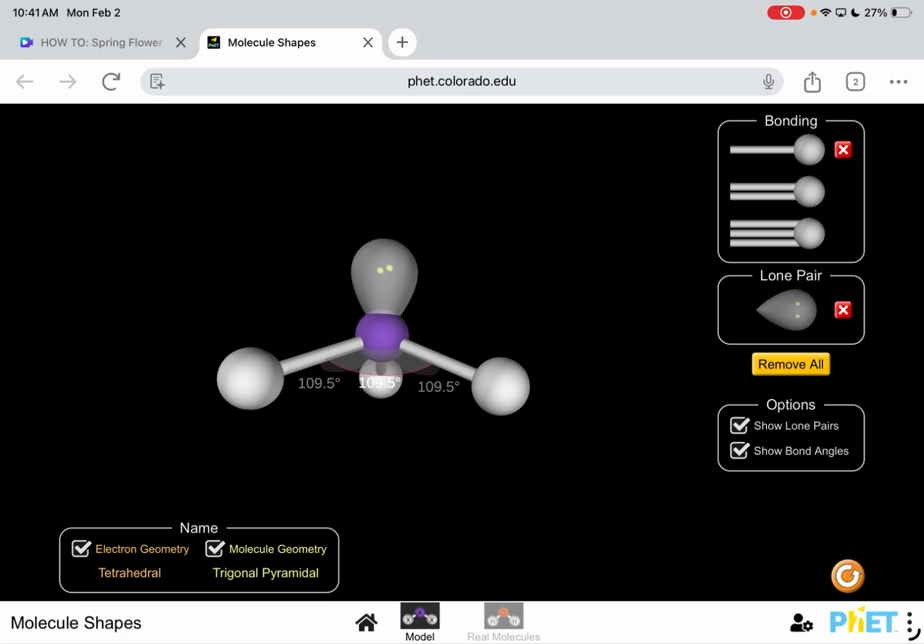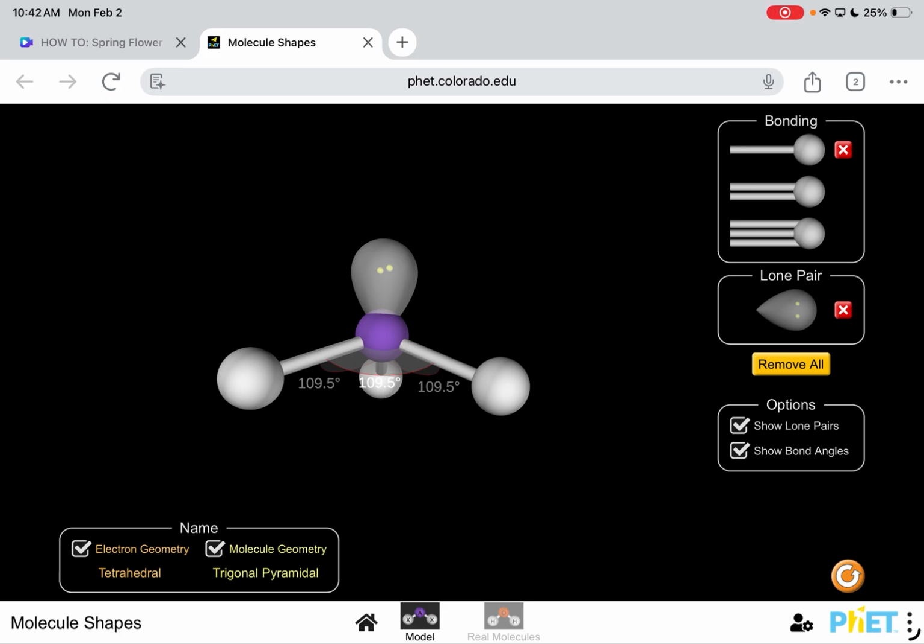Okay, last one. So still the same arrangement. This is water. 2 bonds. Those are going to stay the same. Here's the 2 lone pairs. They're still tetrahedral, but they're like this, right? So don't look at my arms. They're influencing the shape. You can't just think of the 2 bonds. You have to know these are here. But the shape of my legs, that's bent, right? It looks almost identical to the